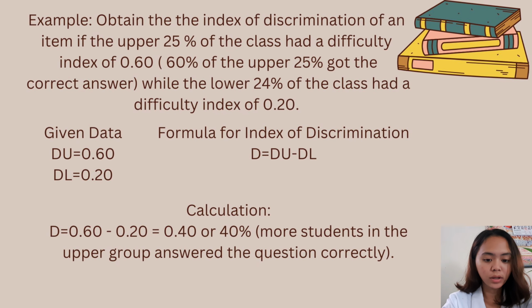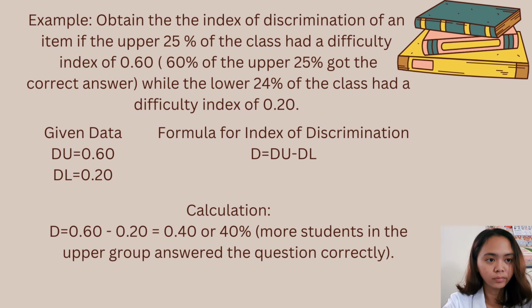So, ang example na nasa book ay obtain the index of discrimination of an item if the upper 25% of the class had a difficulty index of 0.60. 60% of the upper 25% got the correct answer, while the lower 25% of the class had a difficulty index